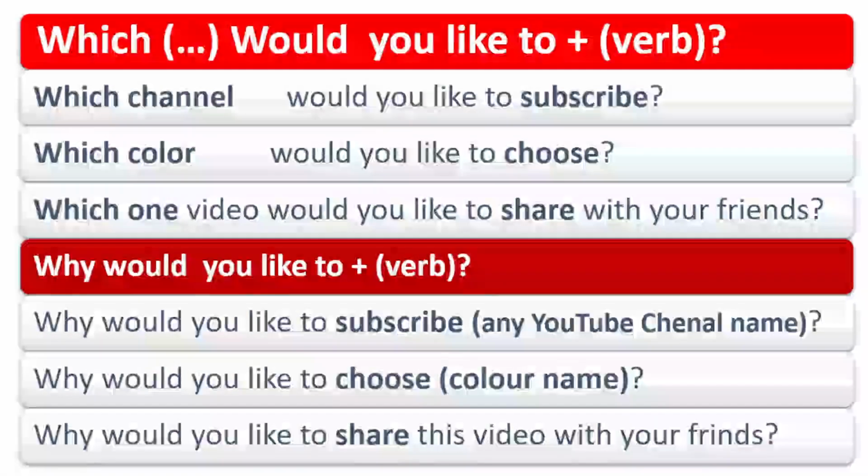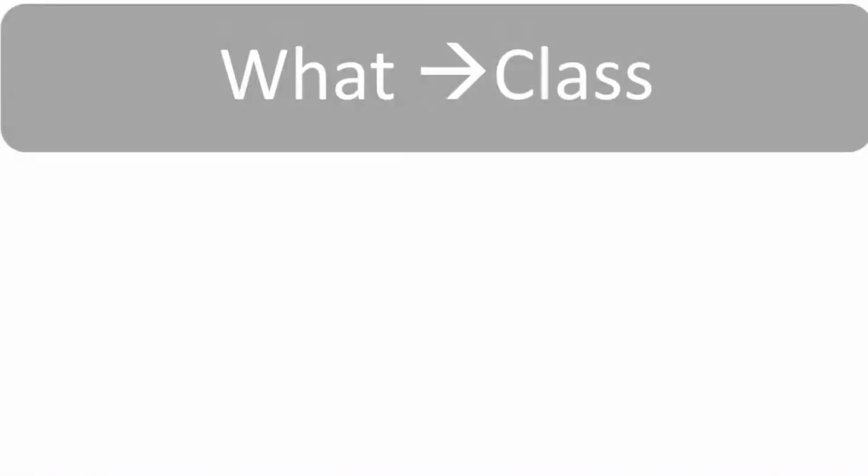So simply you could say like it is a very simple video, or you could say like we could start learning English together if I share this video with my friends, so both of us would understand it and we could start English language learning together. Whatever is the reason, or maybe you just want to help us, right? So whatever is the reason, you could mention the reason why would you like to share this video with your friends.